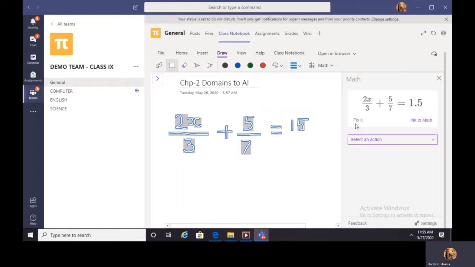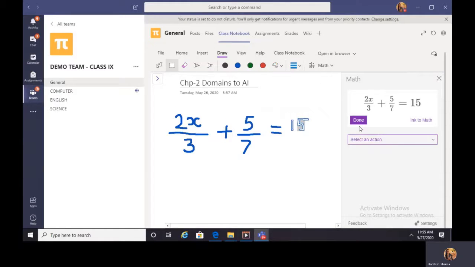If there is any discrepancy, you can click on fix it. It is going to ask you to select the part of the equation you want to fix. So you simply have to go and select that part and the options will appear for you. You can select the right option as per your choice.